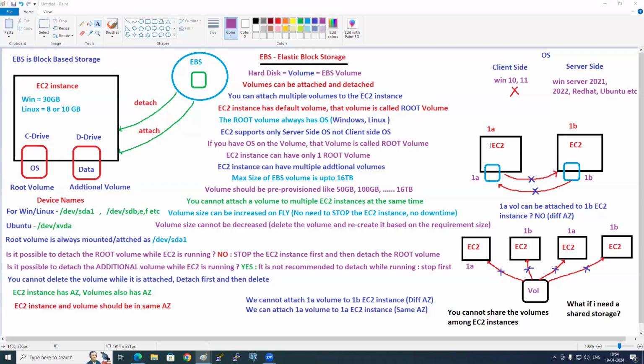It is not good to increase every day. Check based on the requirement and increase only one time. Let's say every day the volume grows 10 GB. Will you increase 10 GB, 10 GB, 10 GB? Increase it by 100 GB instead.